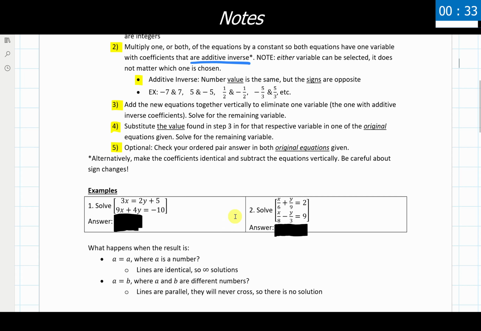So to that point, if you are finding that you're getting no solution with the elimination method, you should also be getting no solution with the substitution method and with the graphing method, all of that. So one method isn't going to reveal an answer that the other ones wouldn't. Maybe your preference is for one method over the other, but the answer is always going to be the same thing regardless of the method that you use. So let's take a look at these two examples and see this process in action.